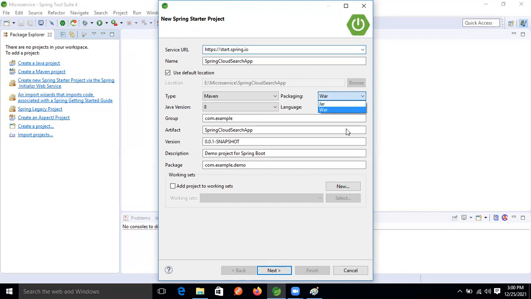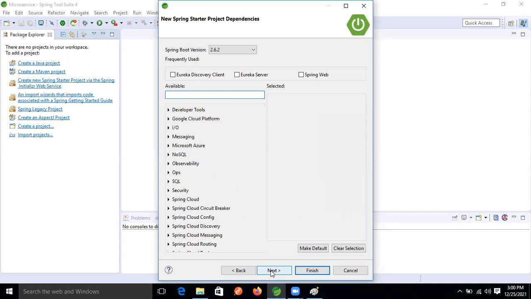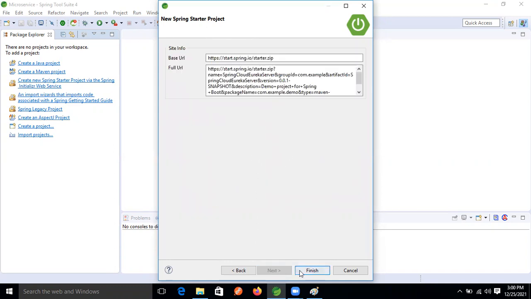Spring Cloud Eureka server. Okay, good. Now everything is fine. Next, we need the Eureka server dependency, right? Eureka server dependency. Now next, now finish.